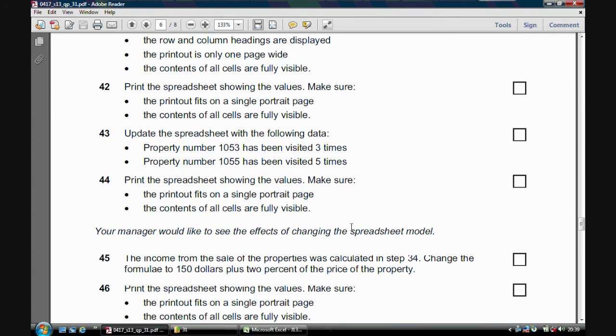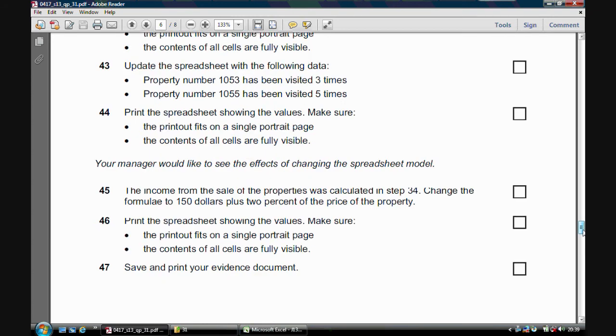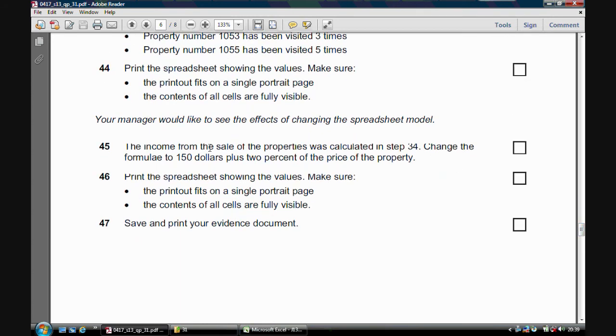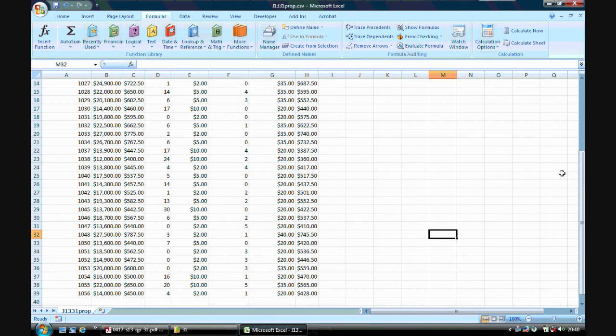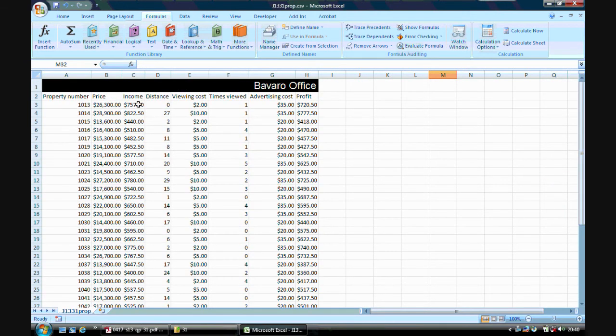Now the manager would like to see the effect of changing the spreadsheet model. So 45, the income from the sale of properties is calculated in step 34. Change the formula to $150 plus 2.5% of the price of the property. So I'm going to go to income and cell C3. I will change 100 to 150. So change it to 150, press enter, fill down. So what I basically done was edited the formula from 100 to 150